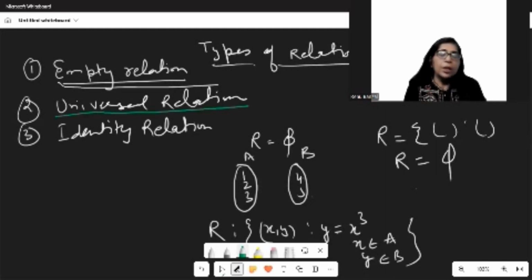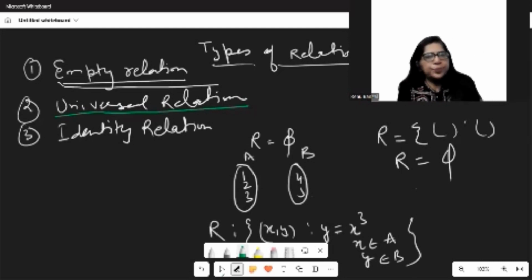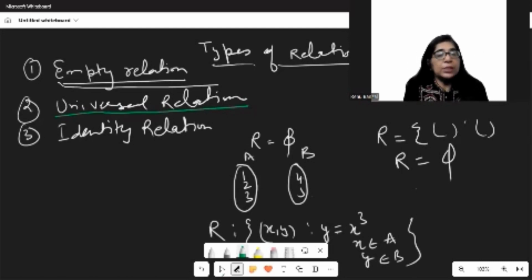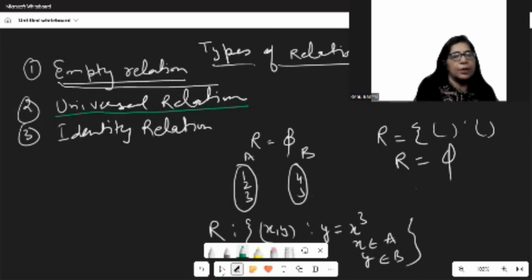What is universal relation? Universal relation means, beta, कि when we have all elements of Cartesian product in my set of relations, that is in relation, all my ordered pairs are in relation. Such type of relation is called